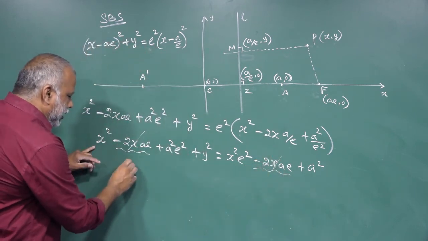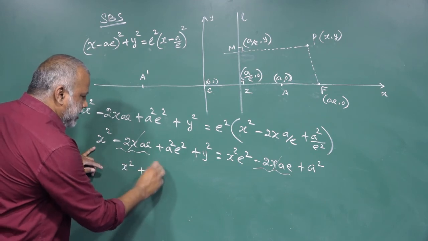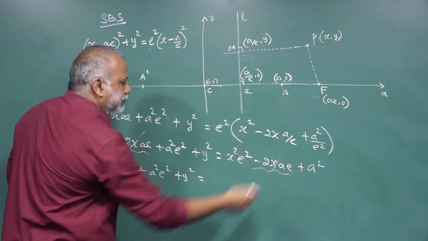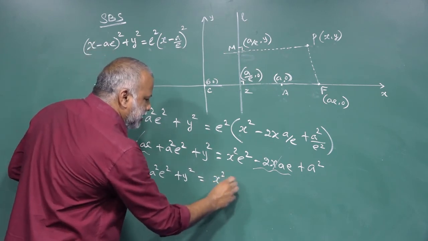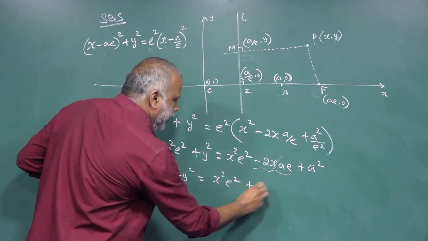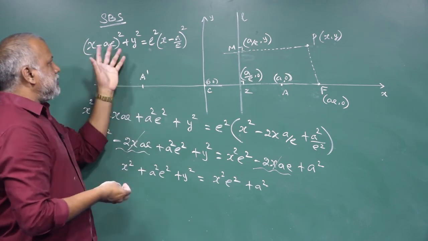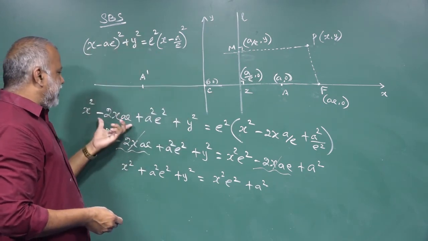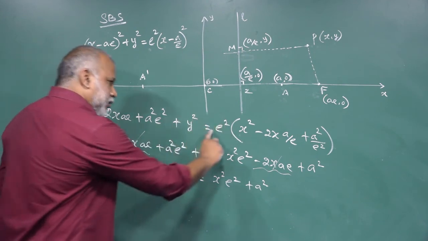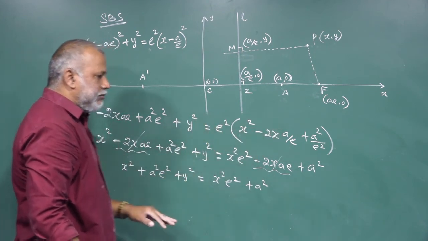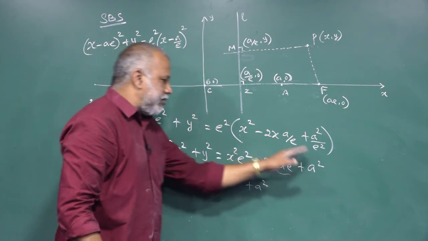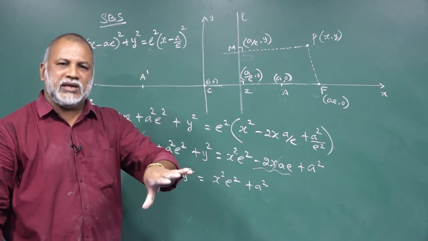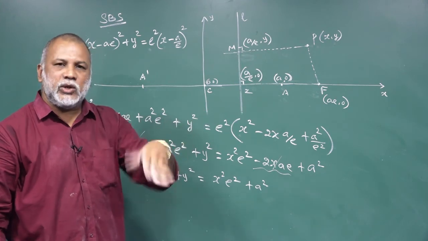See here x squared plus a squared e squared plus y squared, equal to the other side. We can get x squared e squared, then a squared. See once again, it is in the form of a minus b the whole squared. Expand it, then we can get this result. Then open this bracket, e squared will be multiplied inside. So we are able to get up to this result, the same explanation as in your